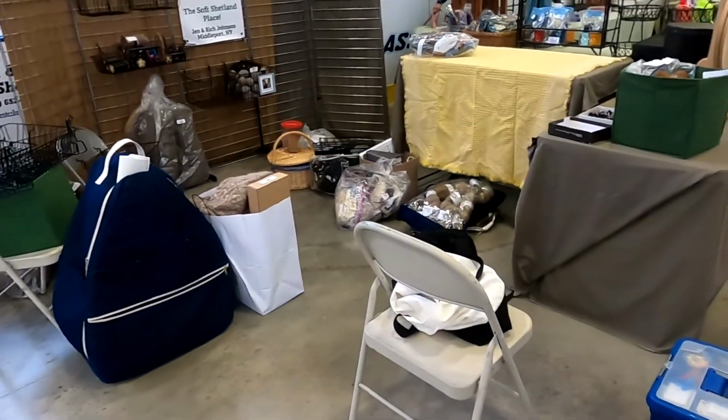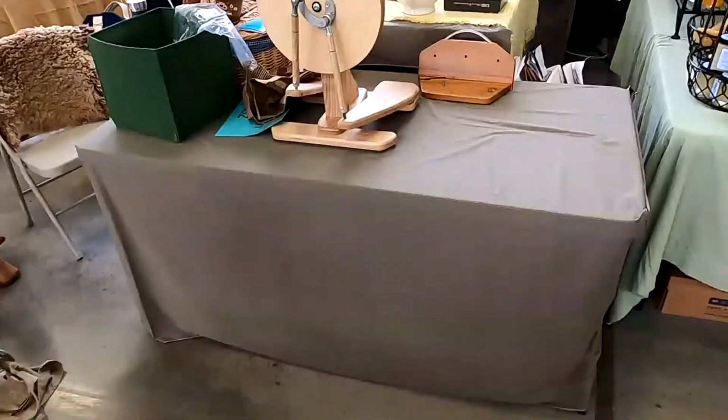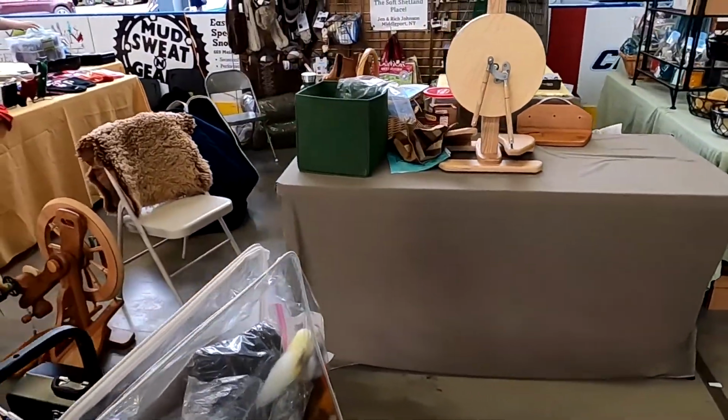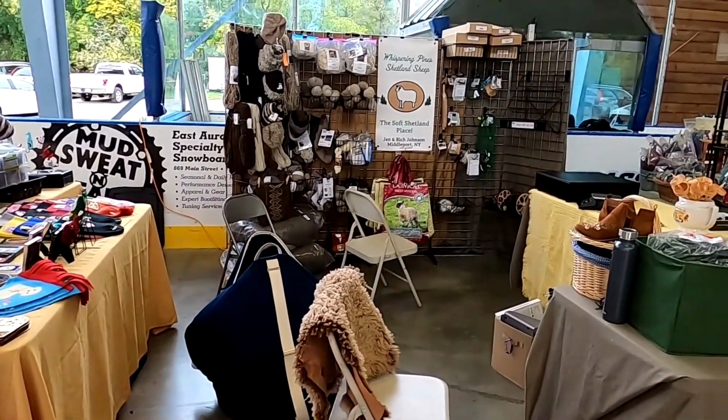I'm getting there and it's taking me forever, and I hate how my booth looks, as usual. I never like how my booth looks. All right, I'm starting to hate it a little bit less. Still a lot of empty space, but...